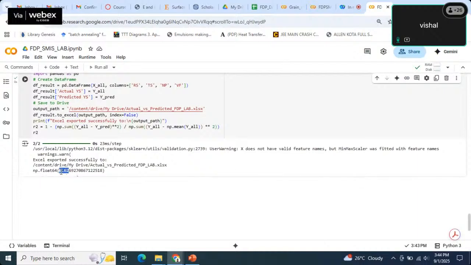Still it is very less, because the value of R square should be more than 85 or 90%. If we need to use the model in further applications, the value of R square should be more than 90%. So still it is very less than 90, but this can be improved by using this model,